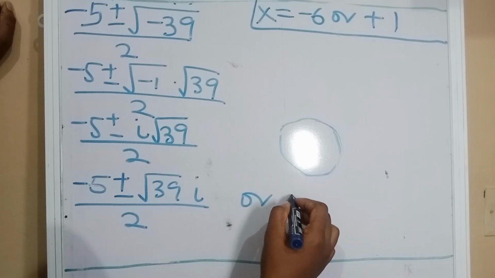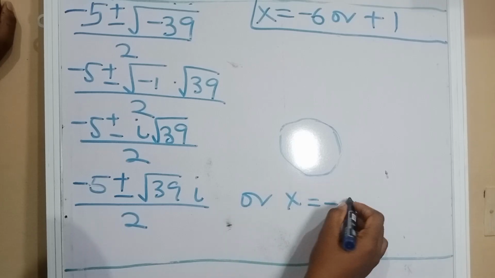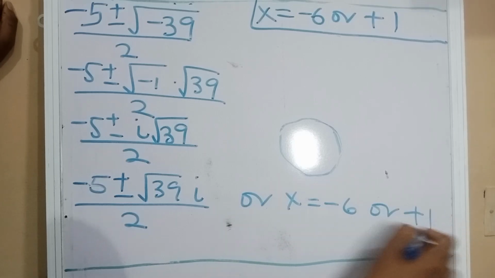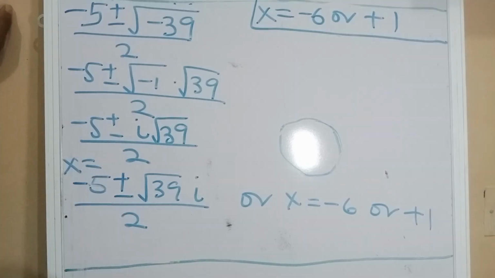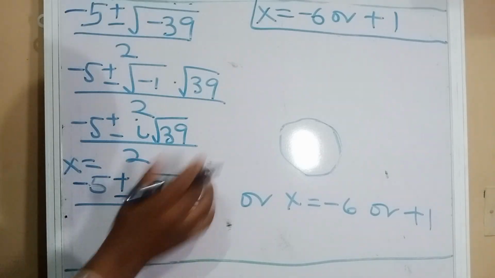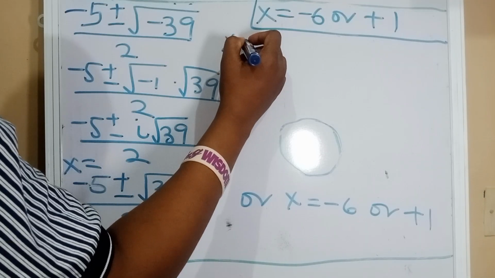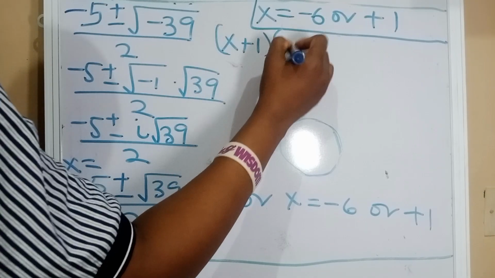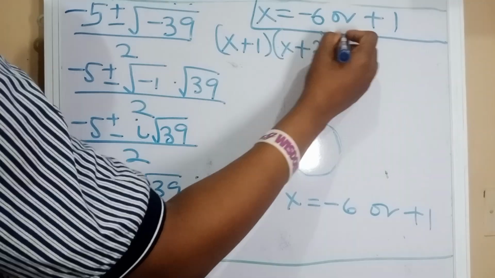And we have this one as x equal to minus 6 or plus 1. So now we know for sure that if we put this value into our original equation, this is the original equation,